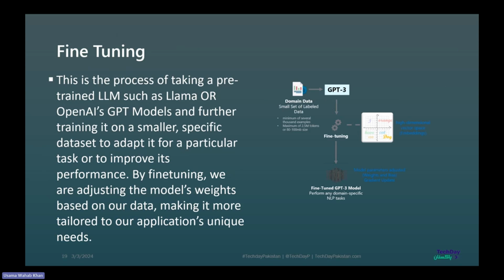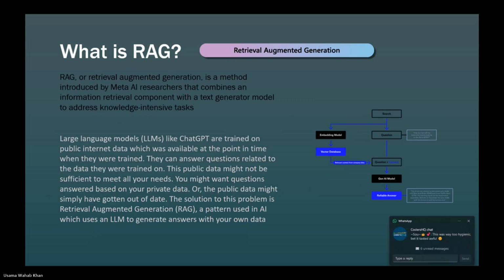How can we overcome this? As I said, fine-tuning is one option, but it's expensive. Another option is RAG. RAG stands for retrieval augmented generation. In this process, we use another embedding model where we convert the text into vector embeddings, which are basically a numeric representation of text in a high dimensional space. And they use a cosine similarity concept behind the scenes to find the closest vector based on the query, and they're able to extract this information. So it's a more efficient, semantic way of searching data.